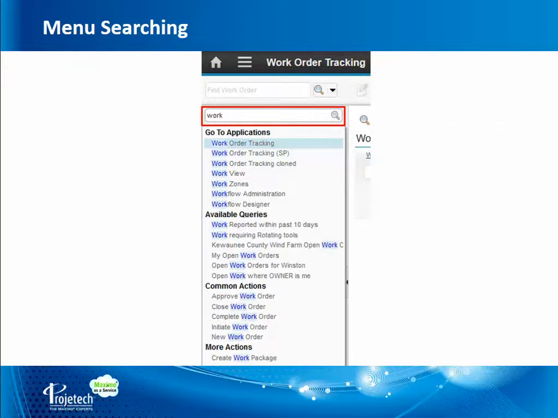Now, let's say you're new to Maximo and you're not really sure where anything is. All you know is that your boss said, "Hey, go into work order tracking." You're like, "Well, I have no idea where that is." What they've done is up at the top, they have a little search finder, and you see in this example, I typed in work, and it gave me all the applications that I have access to that deal with work. So workflow designer, work view, work order tracking, okay, and even new applications that we cloned and added in there,